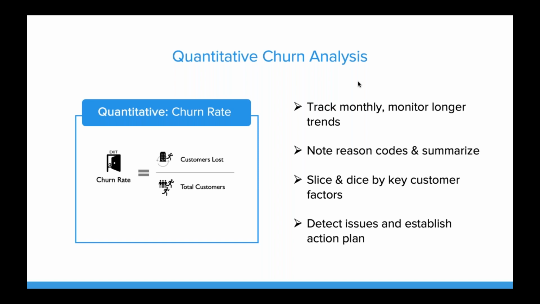On the quantitative side, a couple of tips here. First off, get into a regular cadence of tracking your churn rate. Here at Crayon, we track our churn monthly, which helps us make sure that we're on top of any shifts in our customer base. But then, of course, you're also looking for those longer-term trends. Tracking monthly or some sort of short cadence gives you enough data points to start to see trends as quickly as possible. One of the challenges with churn is it's a bit of a lagging indicator of all of the other things happening with the business. So you really want to jump on the trend as soon as you can find it.